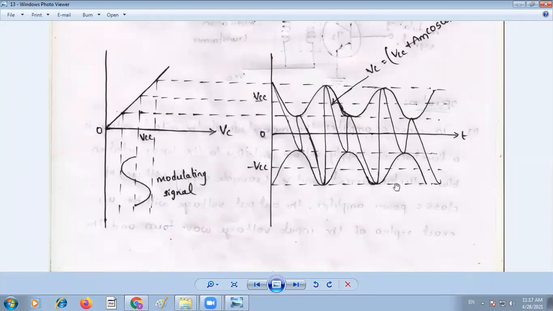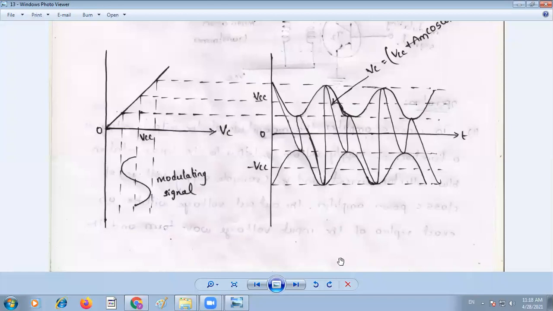So students, please practice these waveforms along with the circuit diagram. Whenever the waveform is there, you can comfortably present it in the examination. So this is the collector modulated method. In generation techniques there are two techniques: one is the square law diode modulated method, that is low level modulation method, and another one is the collector modulated method. One of these two is likely to come in the examination.